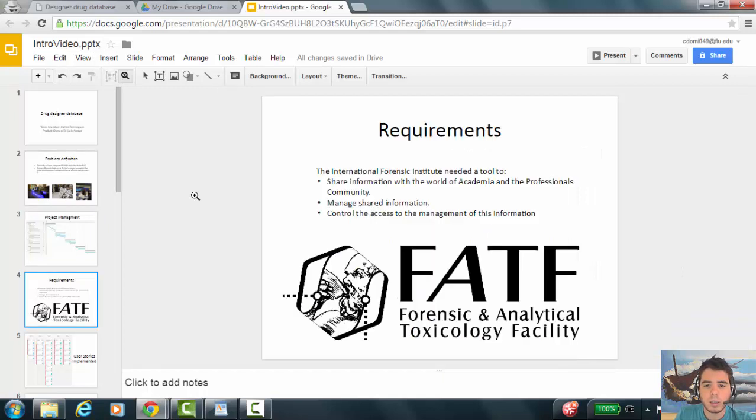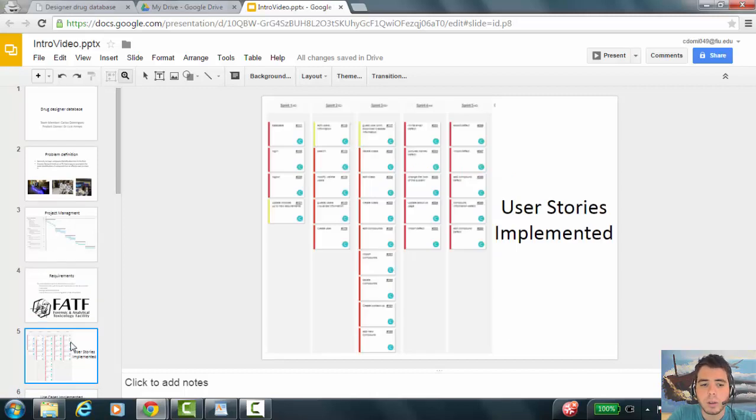In this slide, we have the requirements. The requirements is that the International Forensic Institute needed a tool to share information with the rest of the academia and professional community. They need to be able to manage this information and to control who has access to that management. As I was telling you before, I was going to tell you more in detail what I did on